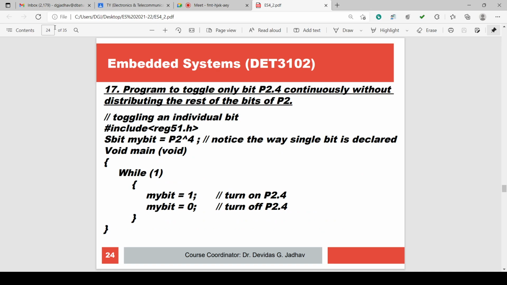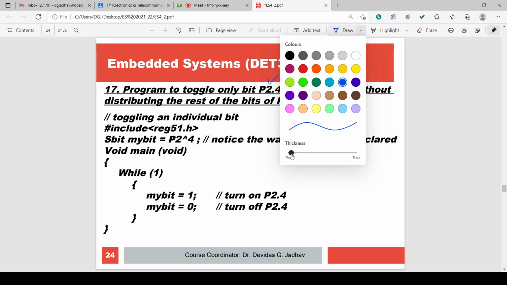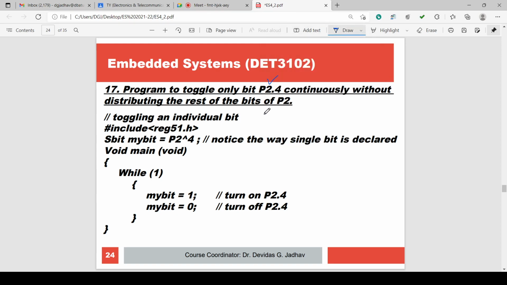So we have discussed this program of toggling only a single bit already, isn't it? It is continuous.